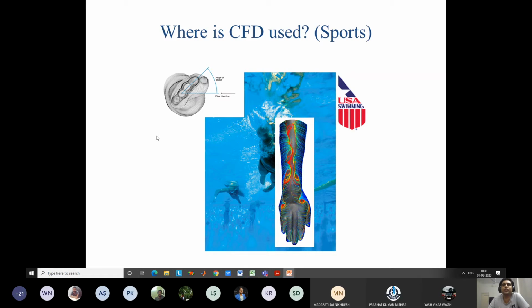Nowadays we don't only rely on those. A lot of CFD study goes towards improvement of performance in all these important areas like swimming, athletics, different areas of sports. You can think about even areas like football or golf. How do you design the golf ball? Can we improve the design of the golf ball or the football? All this needs CFD studies, how to generate more lift, more deviation, more swing.